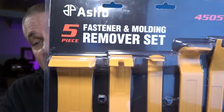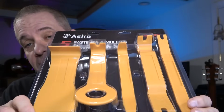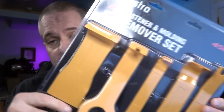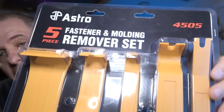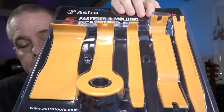Astro has maybe one of the nicest, least expensive fastener and molding remover sets on the market. This is a 5-piece plastic set for, I think, $25. You can't go wrong. Dirt cheap, very functional. They really don't break. I mean, they're only meant to remove the lightweight plastic fasteners and molding on a car. So when people are looking for